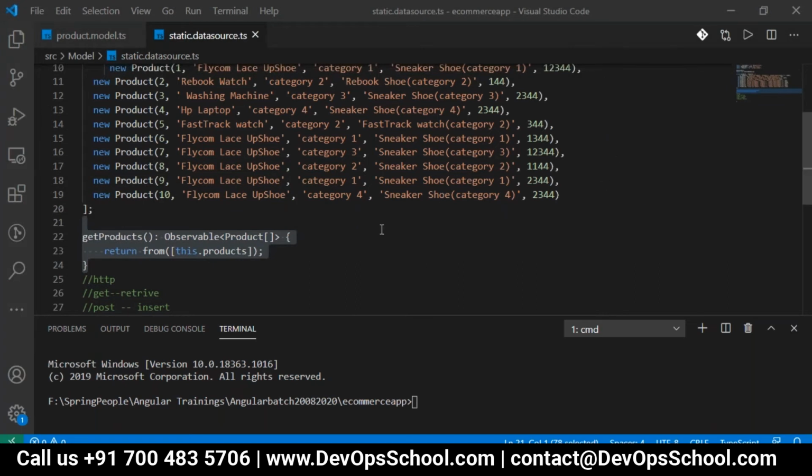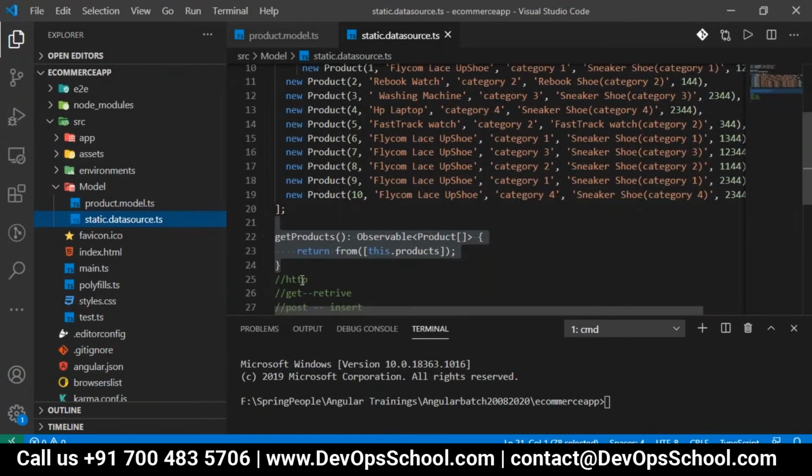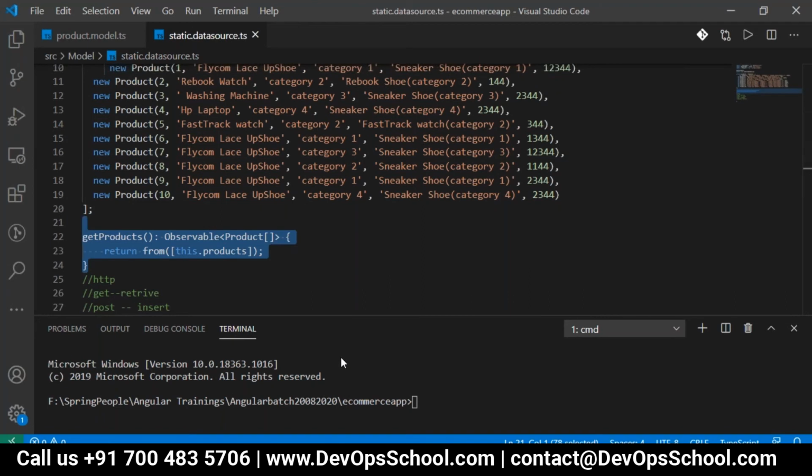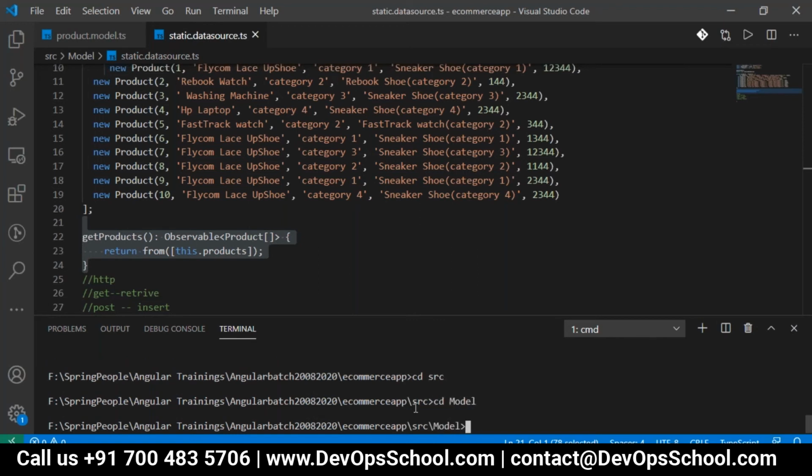Thank you. Okay. Now we want to create a repository class to access this data or to give the data to the components. For that, as I said, either you can create a class and do the job, or you can generate it also. If you want to generate it, first you have to go inside the SRC, and then in that we have a model. Else it will always create inside the SRC. We don't want it inside SRC. So I'm going to the model.